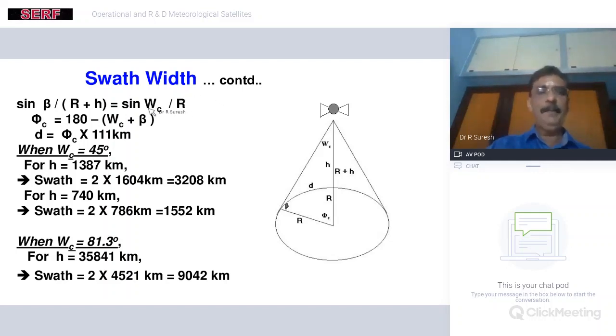If I keep my psi c as fixed, say for instance 45 degrees of the satellite look angle, this also we can only decide. So by substituting the 45 degrees for psi c and the satellite height or altitude we know, I have to say altitude technically, the satellite altitude is known and the viewing angle we are fixing. So if I substitute in this particular first equation, then I am getting the swath in one direction, then we are multiplying by 2 so that both directions will be covered. That is why I am giving swath is twice this distance.